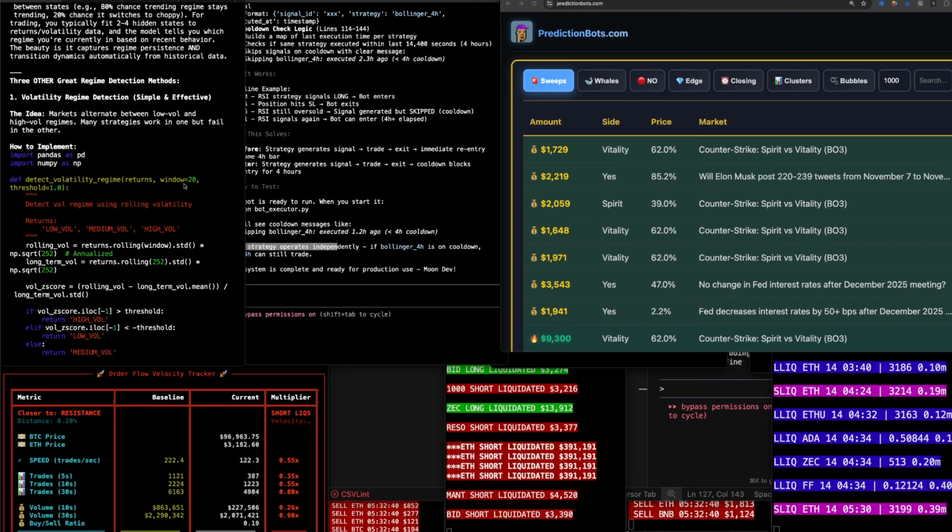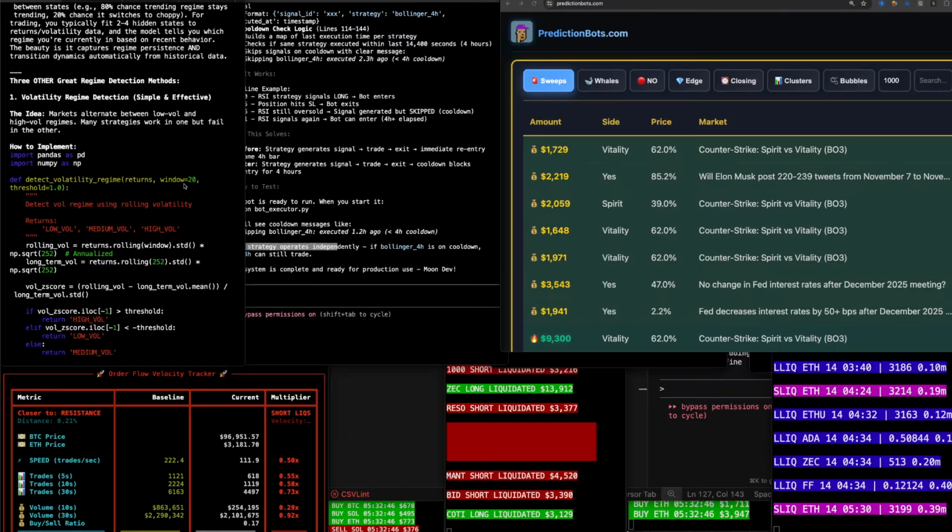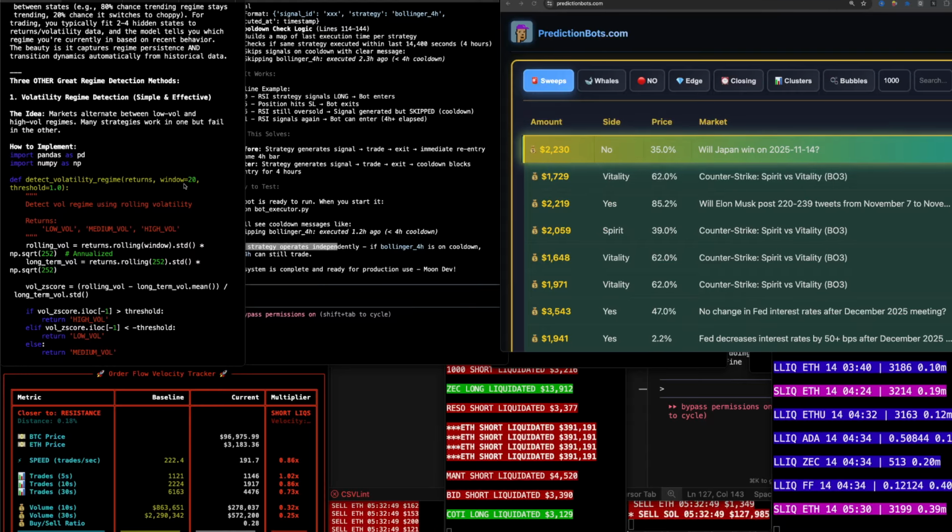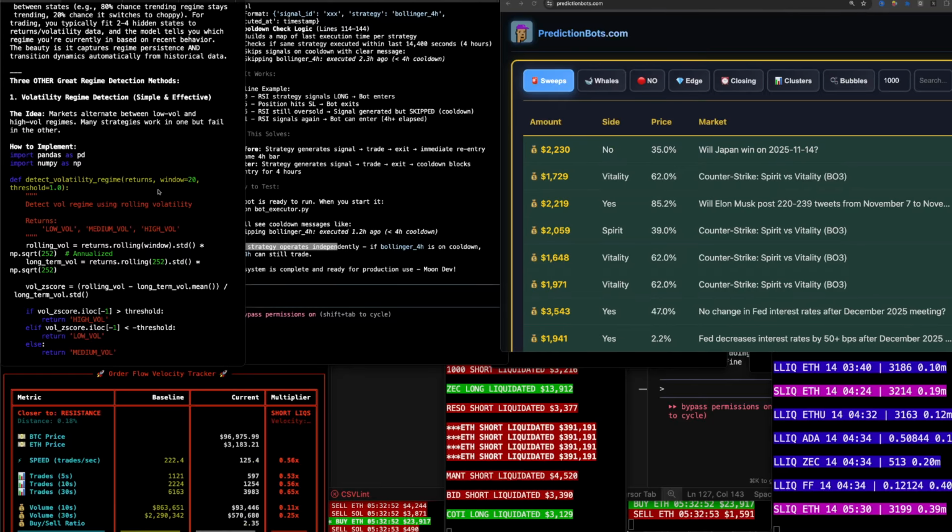Volatility regime detection, simple and effective. The idea: markets alternate between low vol and high vol regimes. Many strategies work in one but fail in the other. Okay, so that's a good idea. Check out the volatility,